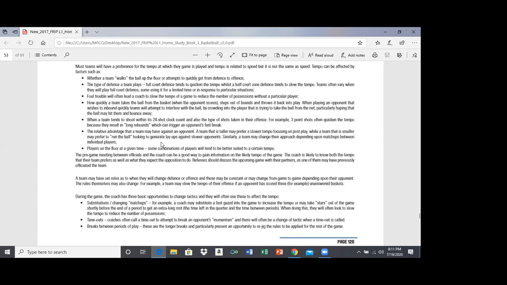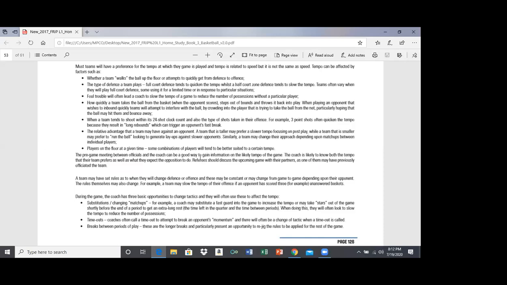Continuing, factors such as the players on the floor at a given time. Some combinations of players will tend to be better suited to a certain tempo. We all realize that it's always about trying to find the right chemistry for a fast-breaking team, the right chemistry for a good perimeter shooting team, a chemistry for a shooting rebounding team, or a shooting transition team, or a pick and roll team. It's always trying to find that chemistry, and these different chemistries would certainly have an effect on the tempo